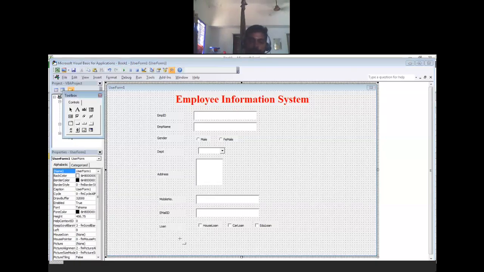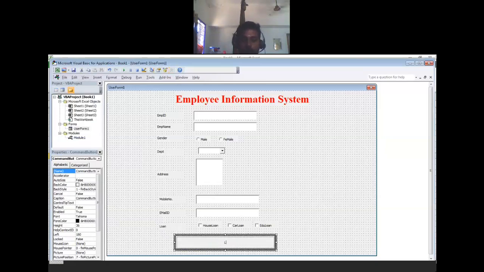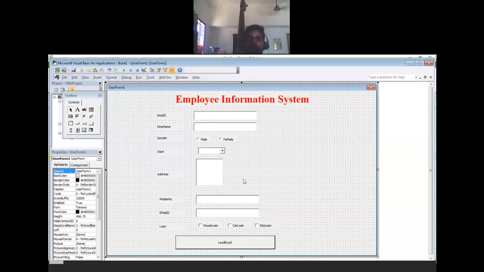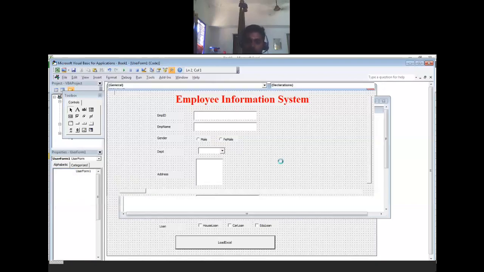And now I want to make load Excel. After filling all the records, they go to Excel. Like I'm making one, I'll make a submit button, or whatever name you want, you can keep it. Now first we want to fill some data, because for the combo box and list box, after running the template we can't type in them, we have to choose from the list. That means before running the template, first we have to load some items. And if you want to add something, see, double click outside.